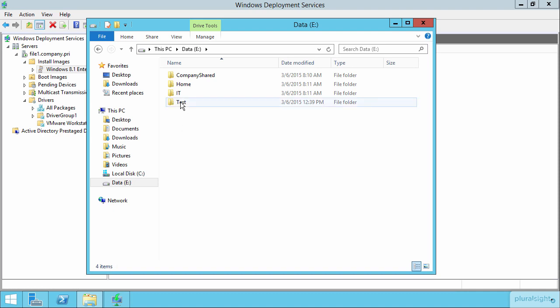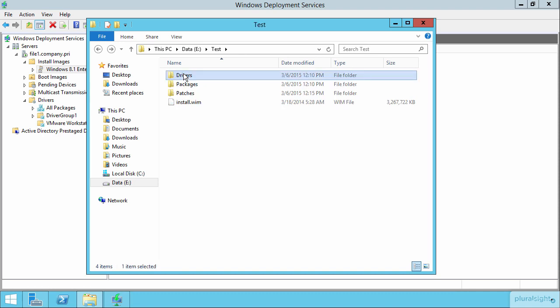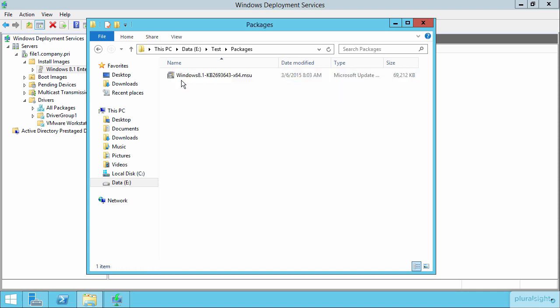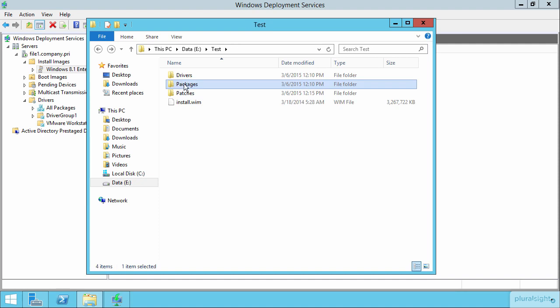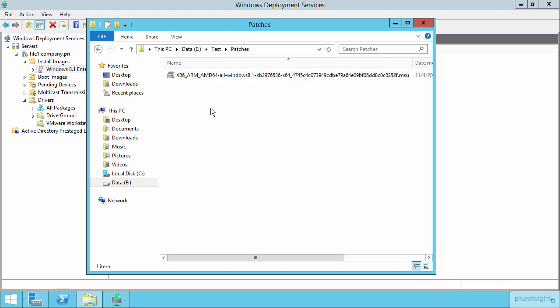I have created a folder here in the E drive called Test, and in there I have a copy of the install.wim file. This is that Windows 8.1 install.wim we were working with earlier. I've also copied over a copy of the VMware Workstation driver, that vmscsi driver. I've copied over a package, which happens to be the RSAT for Windows 8.1, the Remote Server Administration Tools. I literally just downloaded these off of Microsoft's website, as well as an update or a patch. This patch I downloaded from